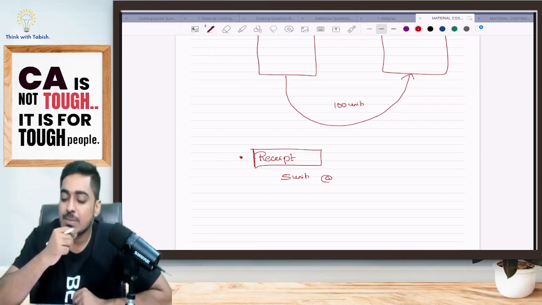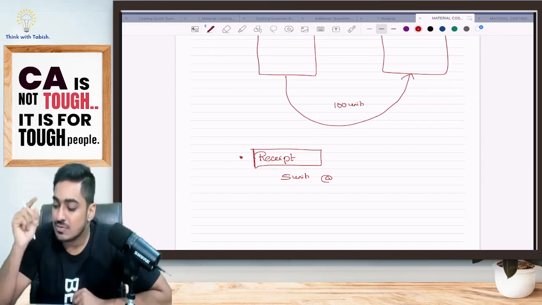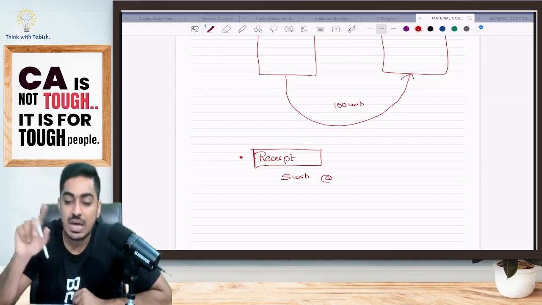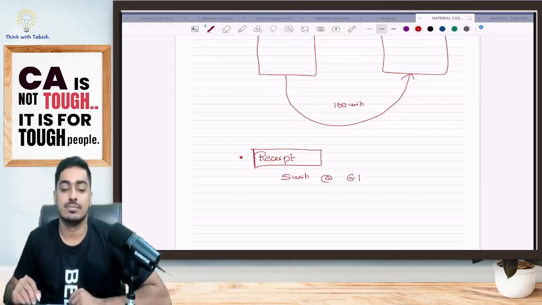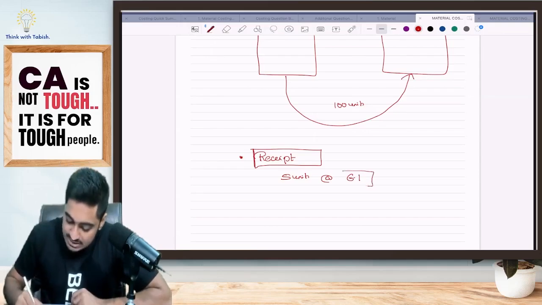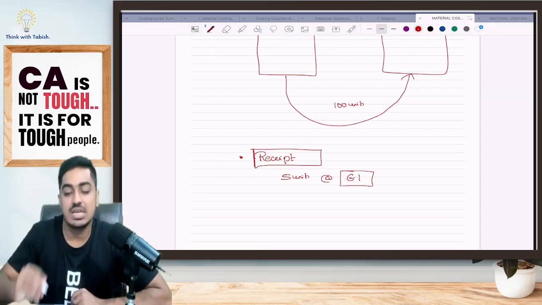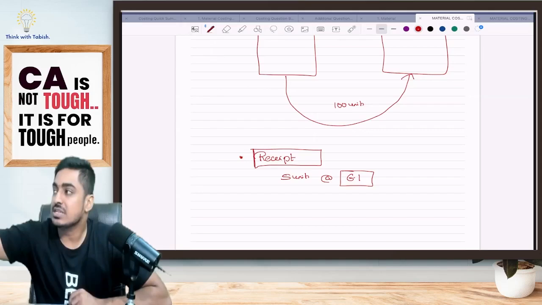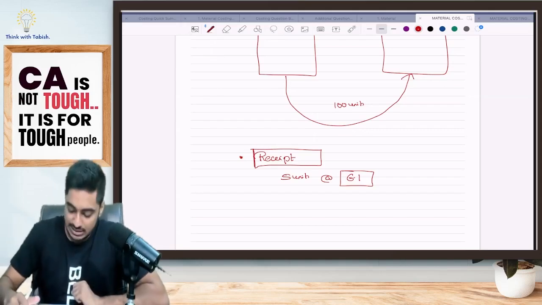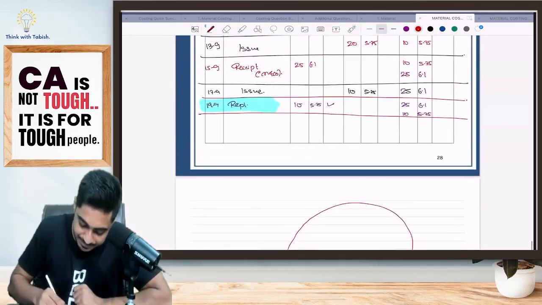Tell me, from M and company, at what price had I purchased the goods? If you see, go back to 15th of September. From M and company, I purchased goods at the rate of 6.1. Yes or no, everyone? Give me a confirmation. I had purchased the goods at 6.1 only. That means ideally which rate should I be taking? Ideally I should be telling 6.1. That means ideally what should have happened?